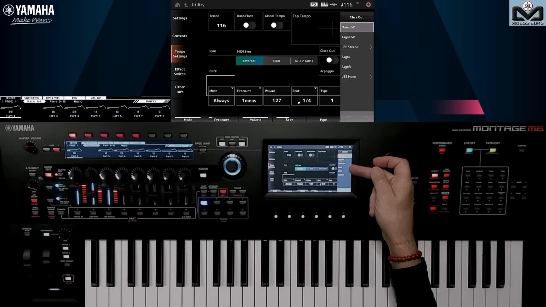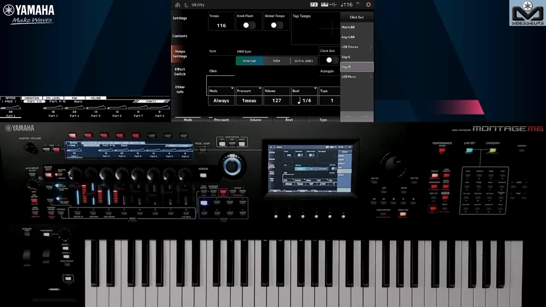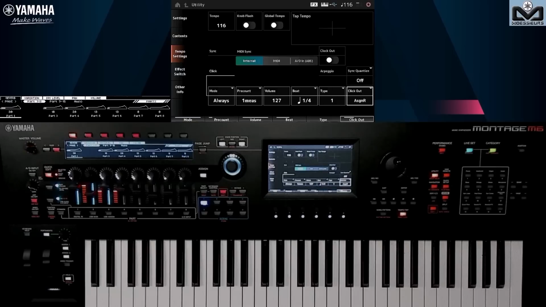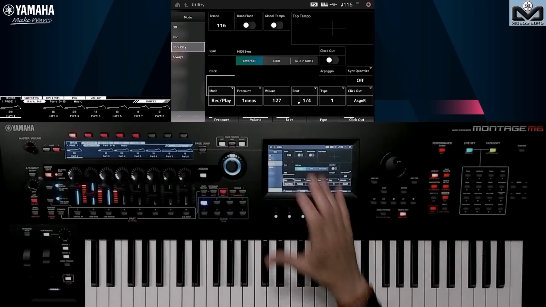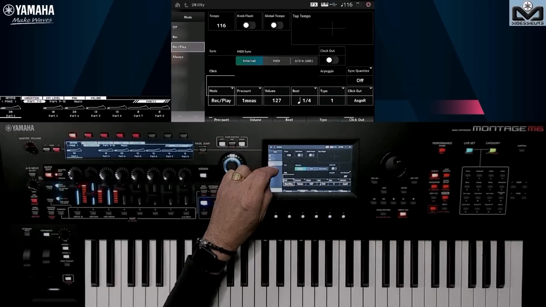I set the bass to assignable left. Let's set the click to assignable right. So now you have the bass on the left and the click on the right.